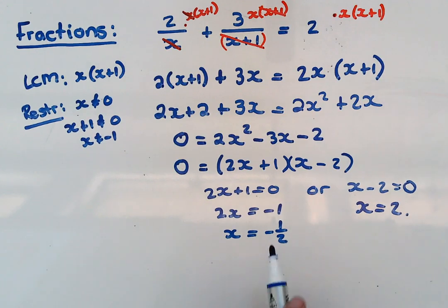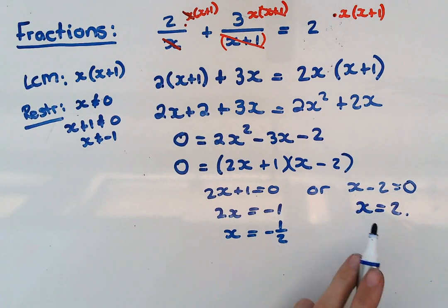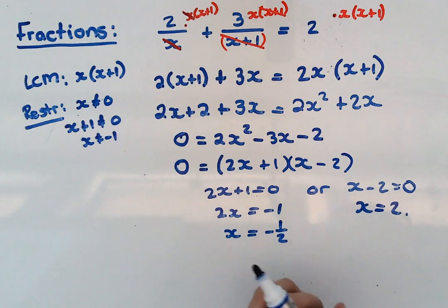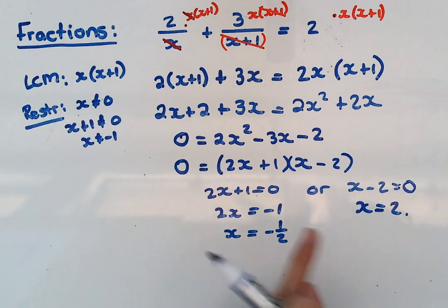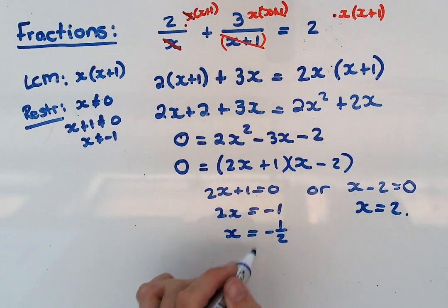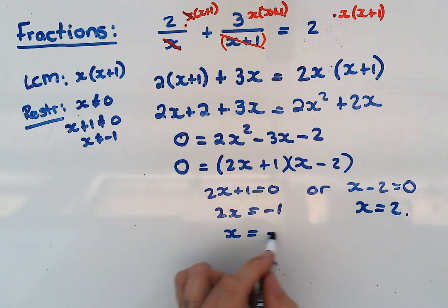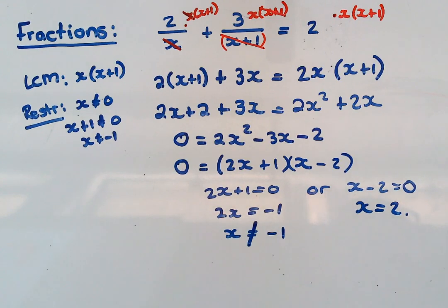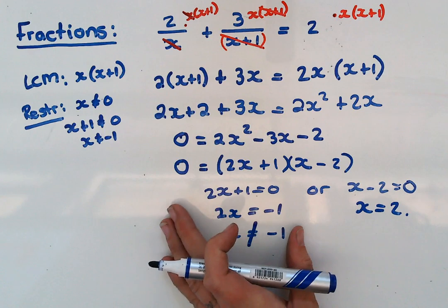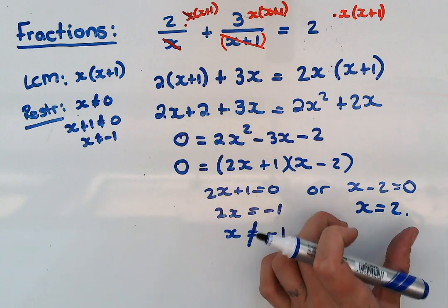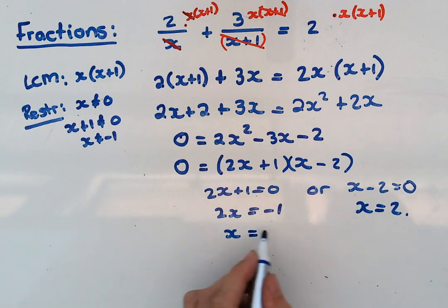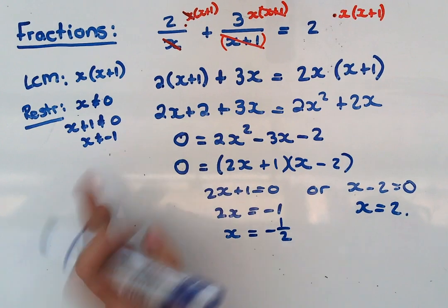Right, okay, so the two answers that I got are negative a half and 2, and if I think of my restrictions, it's not any of those, so those are both valid answers and I can leave my answer like that. If one of these answers is one of your restrictions, say this was minus 1 as an answer, then you just cancel that answer because it's a restriction. Then the answer will only be 2, not minus 1 or 2. But since this one is negative 1 over 2, it's a valid answer, it's not one of those.